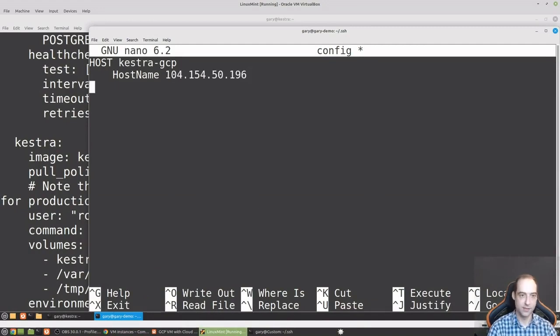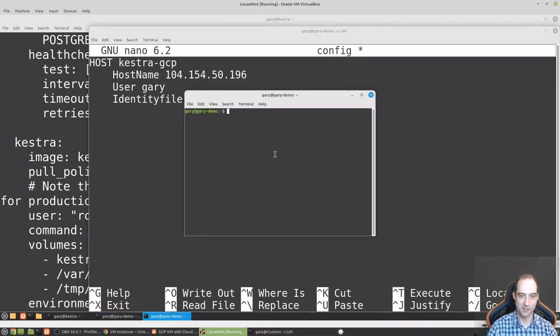And the user is the username we gave when creating the SSH keys, in my case, Gary. And then we just need the identity file, and tilde means the home directory, and it is my home directory in the .ssh directory, and we called this,